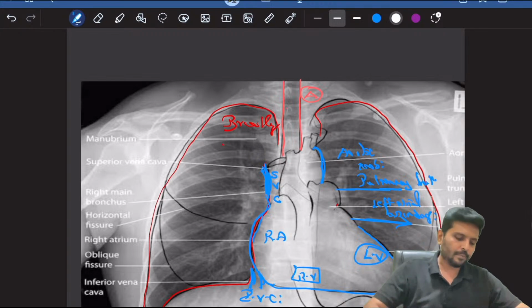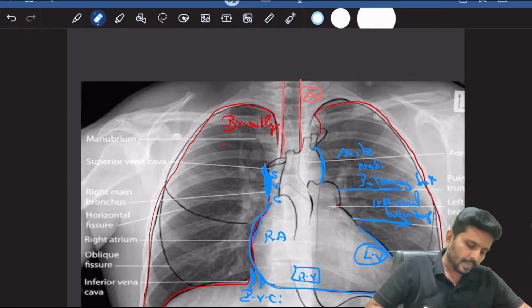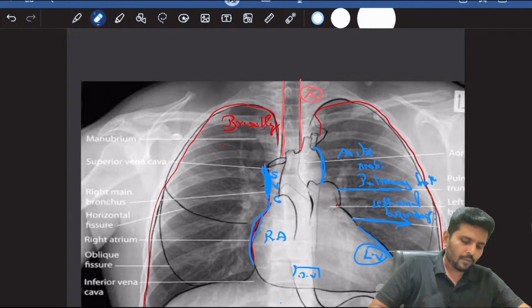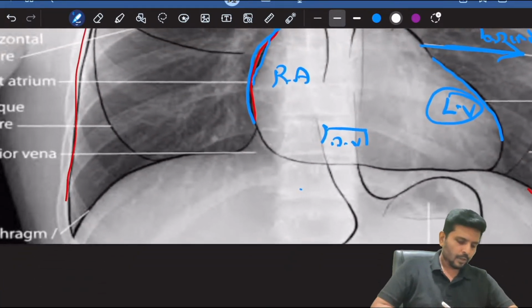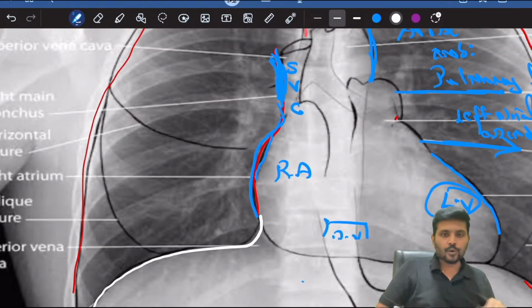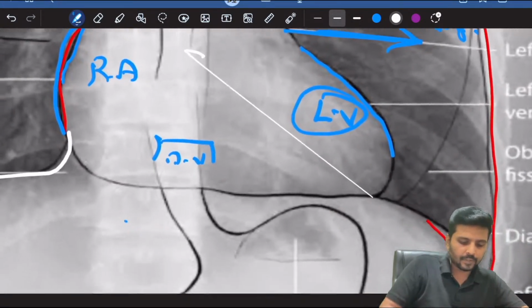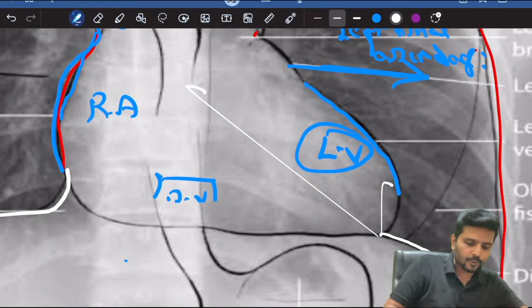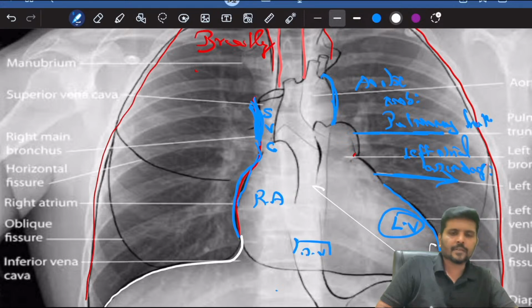D stands for diaphragm. So what happens with respect to diaphragm? Let me see, where is the diaphragm? This is the diaphragm. What are all the things you need to see in the diaphragm? This is the right diaphragm. Uniformly I can trace. And this is the left diaphragm. Uniformly I can trace. So right diaphragm, left diaphragm. Remember,